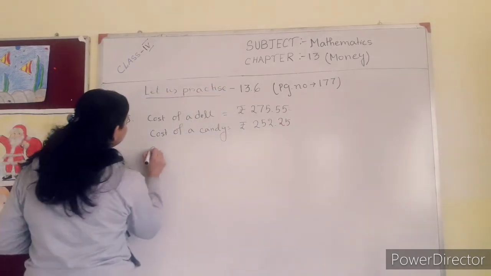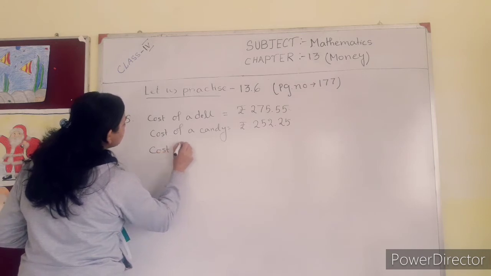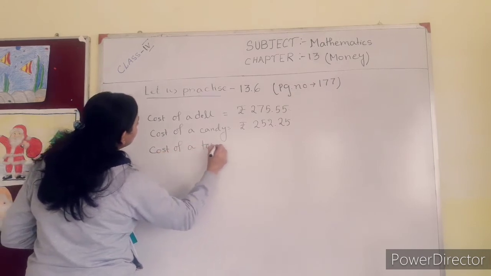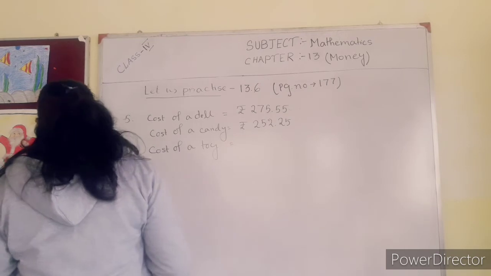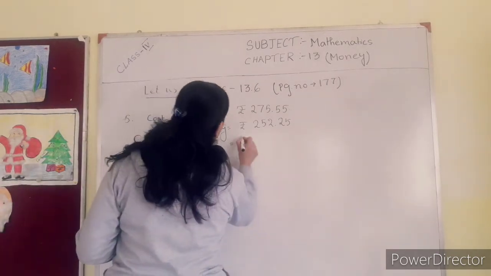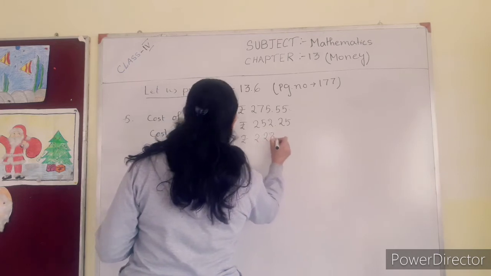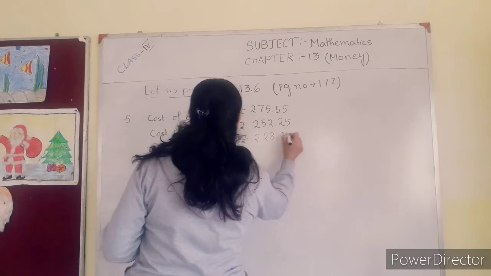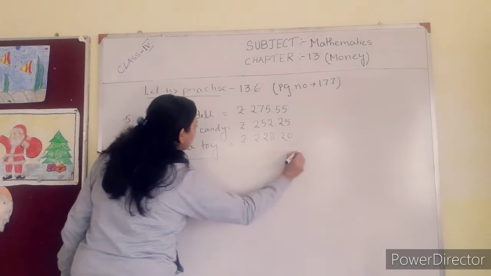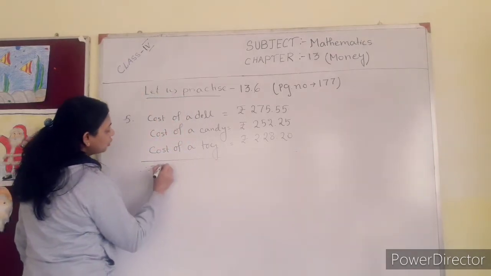Cost of a toy equals rupees 228.20. Therefore, total amount of money: